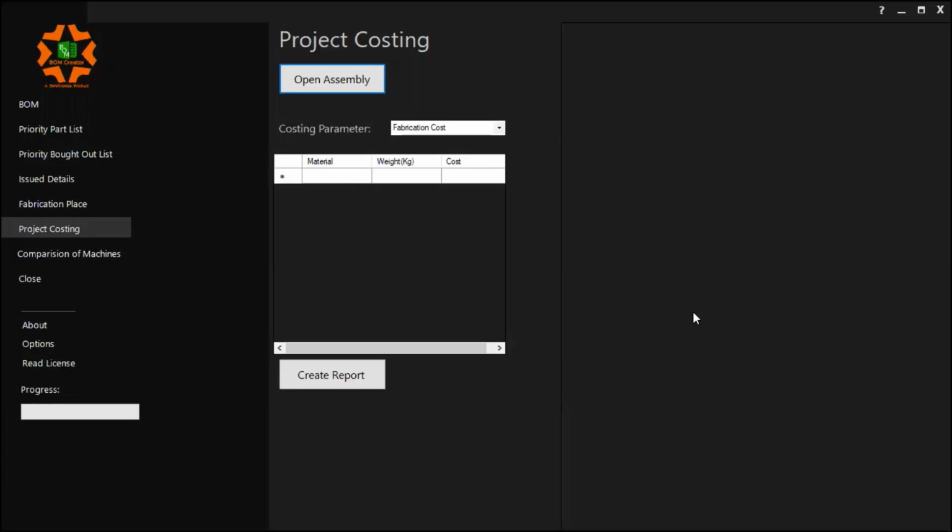As a user, I need to put in the per kg cost of each and every material grade. What do I mean by per kg cost? Let's say I'm using stainless steel SS304, and SS304 costs me 350 rupees a kilo. What does that mean? It includes my material cost, handling charges, pickling and passivation charges, welding charges, operation charges, etc.